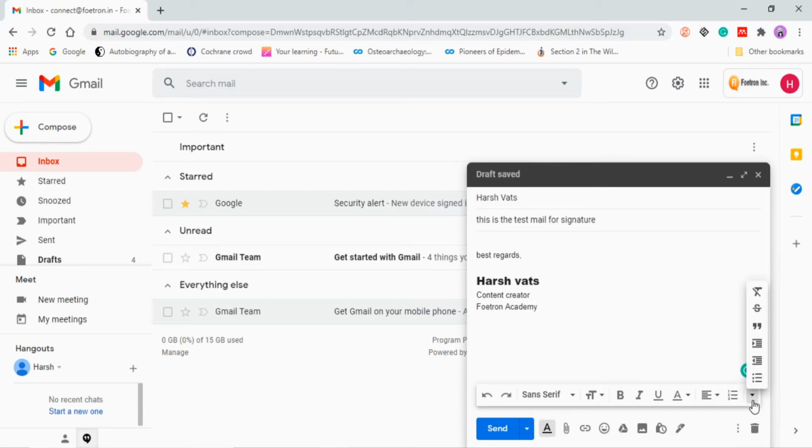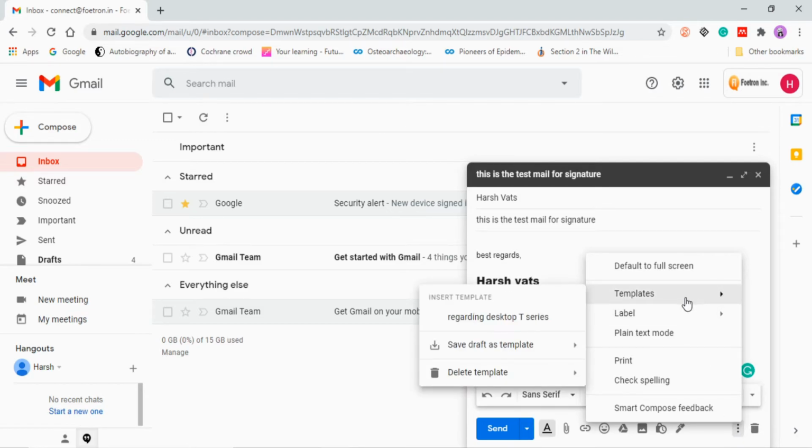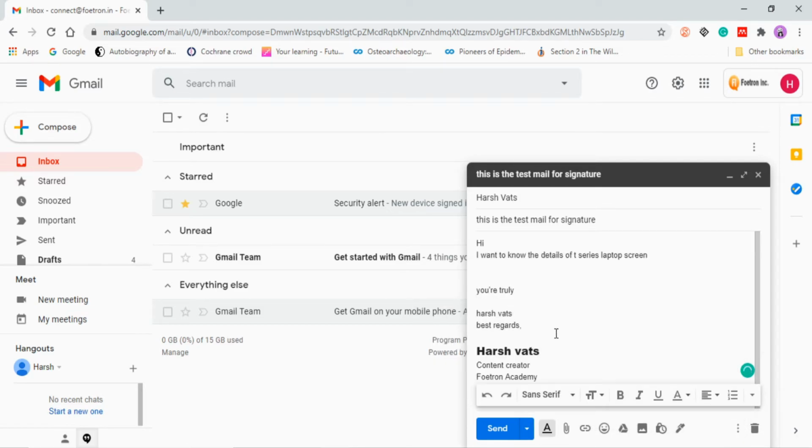So you can also insert a canned template if you want to do that. Now you can see I have inserted my canned template which I made in my previous video. If you would like to know how I have done it, you can go to my previous videos and see how the canned reply can be created. Now I will delete this because I have inserted the template. By mistake I have deleted the best regards. So now everything is done.